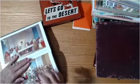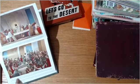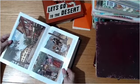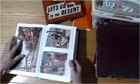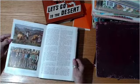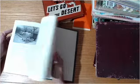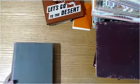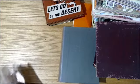So, this is the Last Supper, and this was Christ's entry into Jerusalem on the donkey. Beautiful pictures. There's more. Bavaria, a Bavarian town. Isn't that cool? I love the cows. So anyway, I thought that was interesting and lots of fun stuff that I can do with that. So, last but not least,